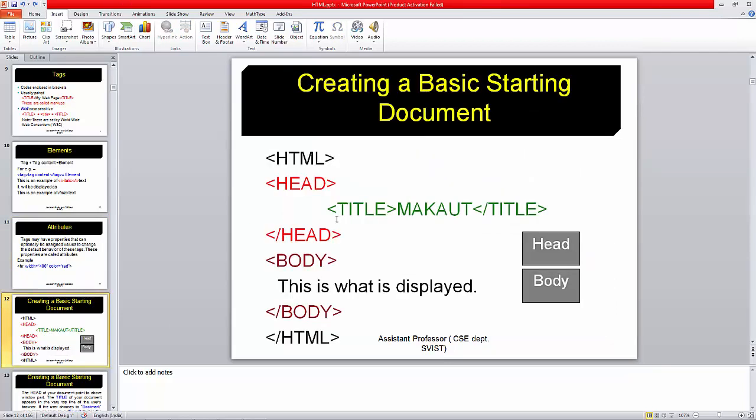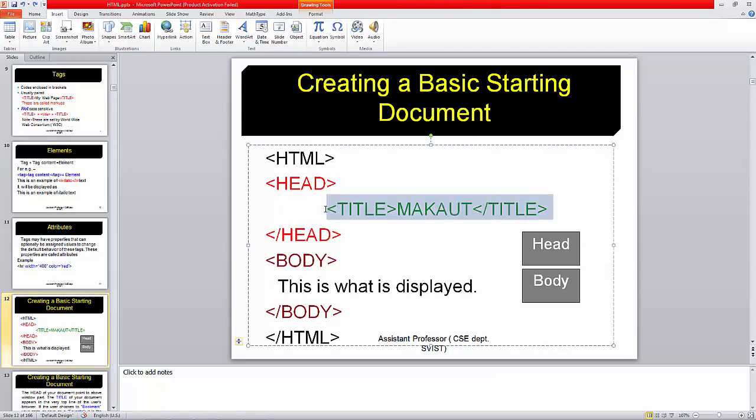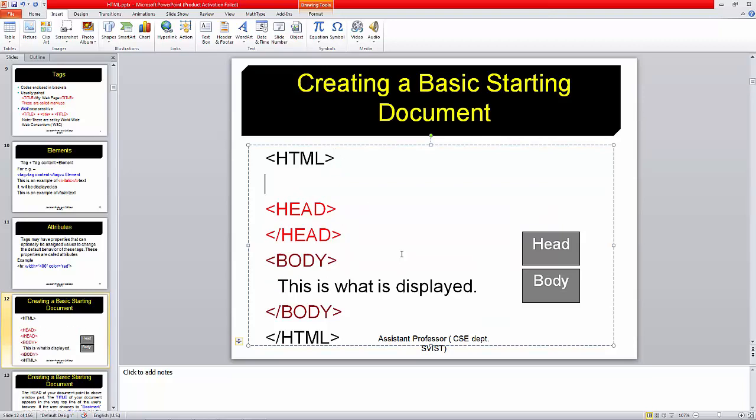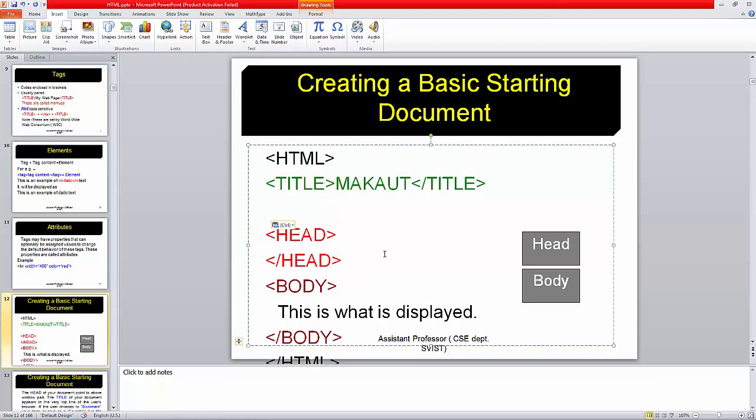So now let me start with the basic document. Here we have created, let me just correct this one. It is not always written within this, it can be written elsewhere.